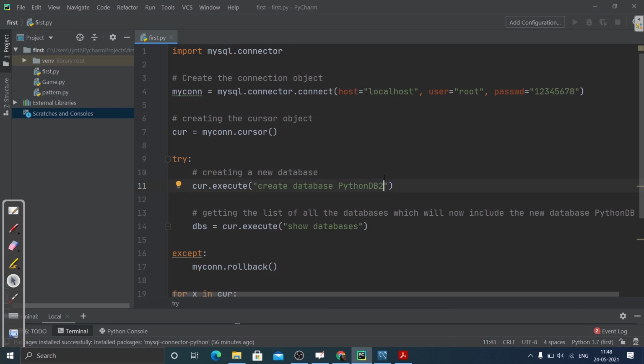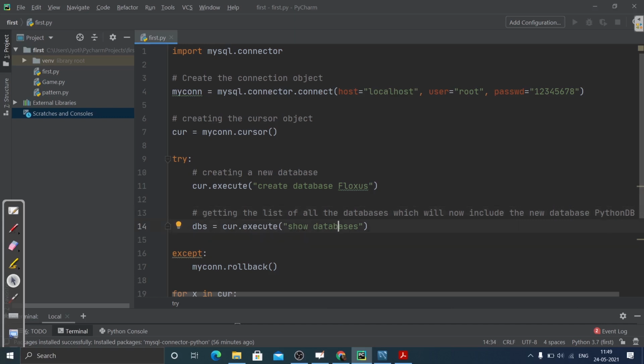Suppose I change it and name it Fluxus. I have created one database, that is Fluxus. Now I'm getting the list of all the databases, including the new database. The new database is Fluxus now, so ignore this line.